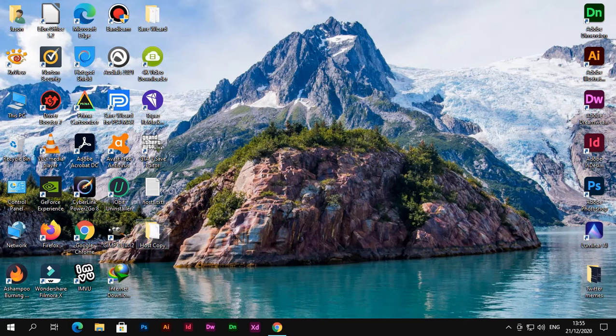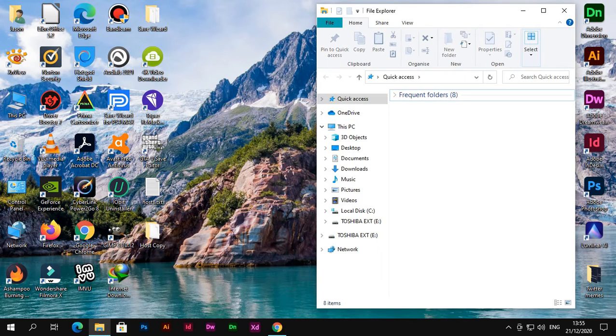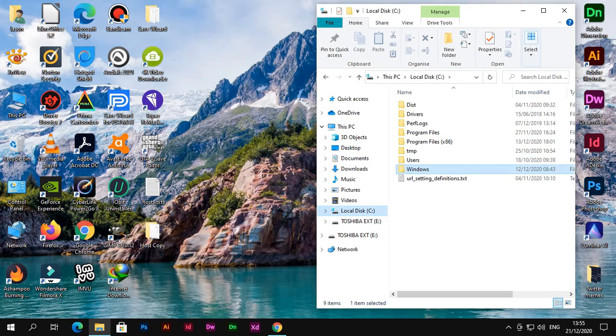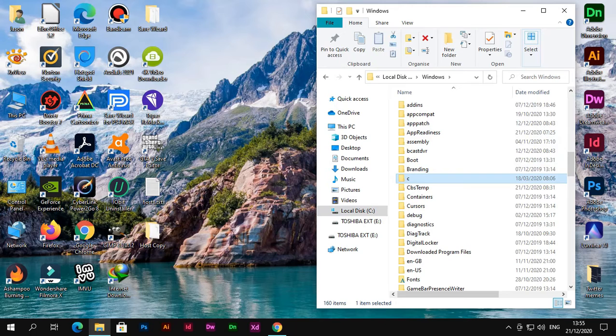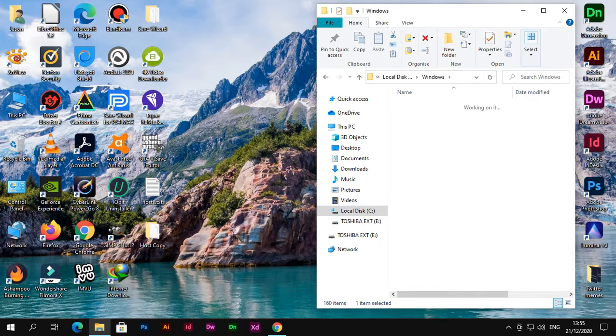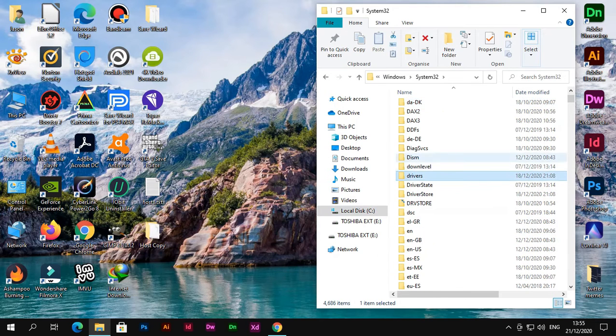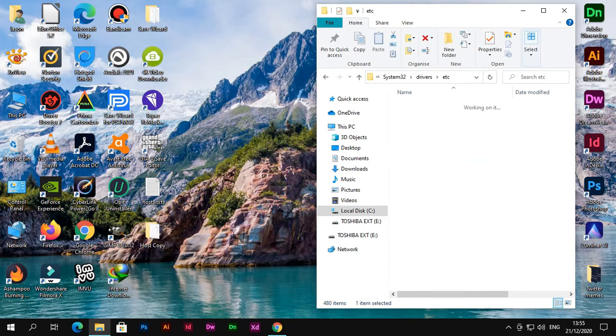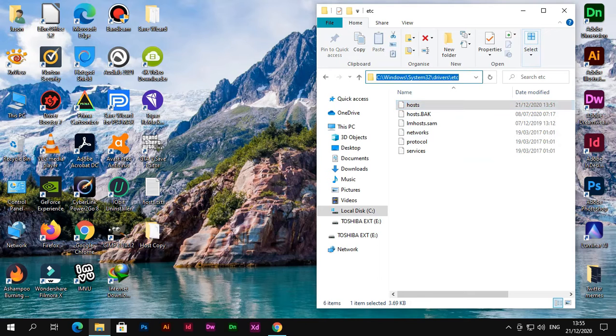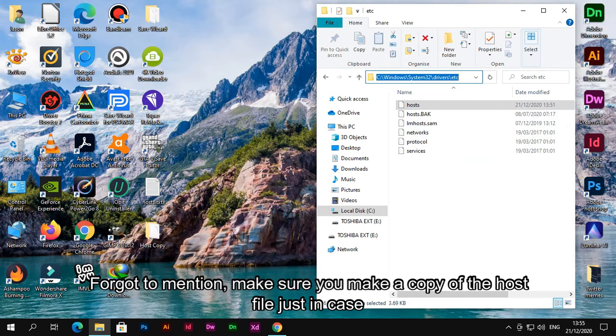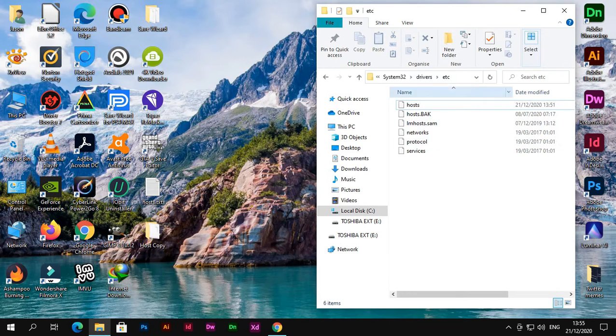So you just need to locate the hosts file, which can be found by going into Local Disk C, Windows, looking for System32, drivers, and etc. Here you have your hosts file, or you can just copy the location I put in the description below, paste it, and go directly into the folder. So just open the hosts file